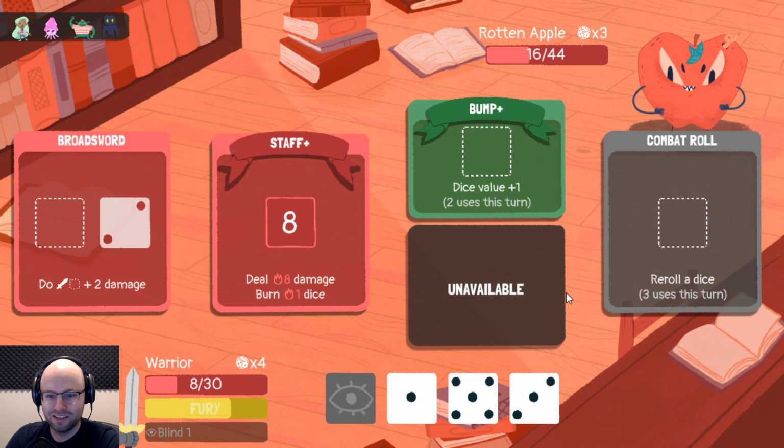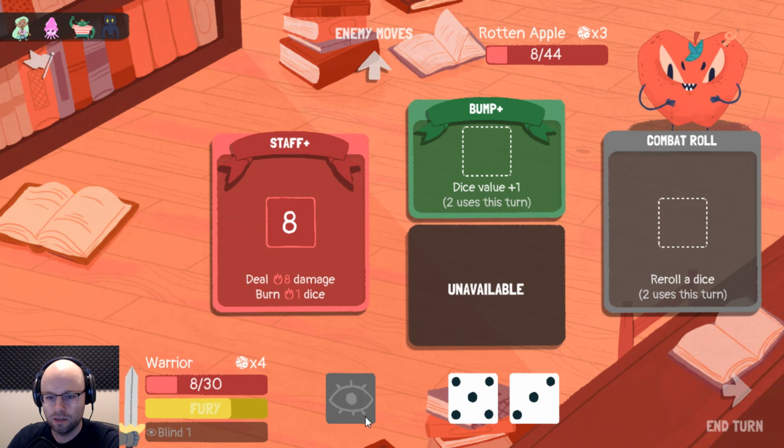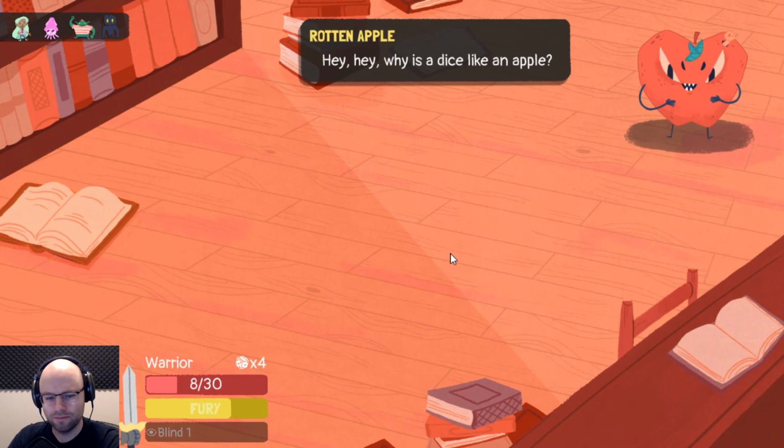Alright. Well, we'll reroll our 1. That's amazing. I think we'll just bump this. I can't believe we haven't accidentally bumped a 6 yet. It's fine. He's dead. He was dead anyway, but...